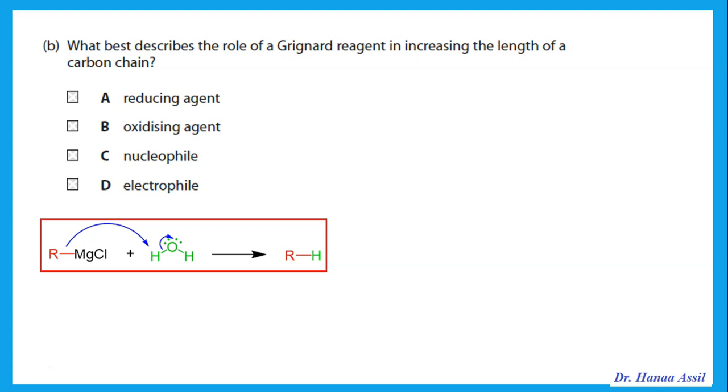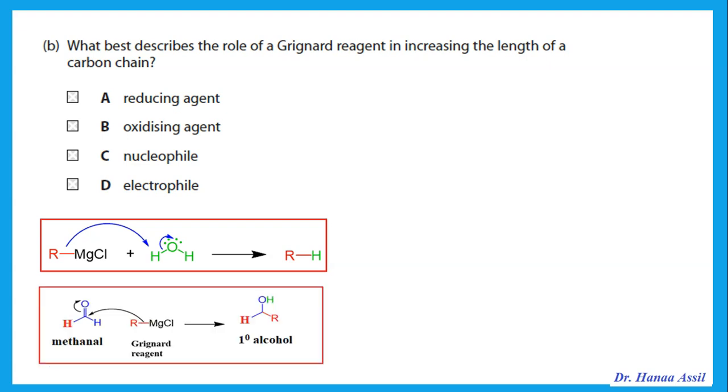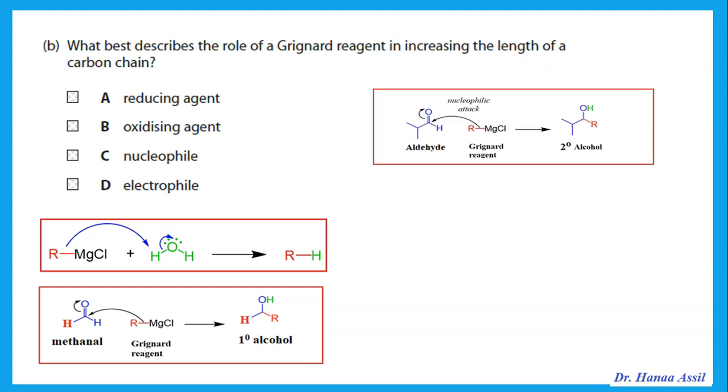For example, if I want to prepare that R group that I had, then I can react it with water. Or I can react the Grignard with an aldehyde, so this could be methanal to give a primary alcohol, or an aldehyde other than methanal, so that would give a secondary